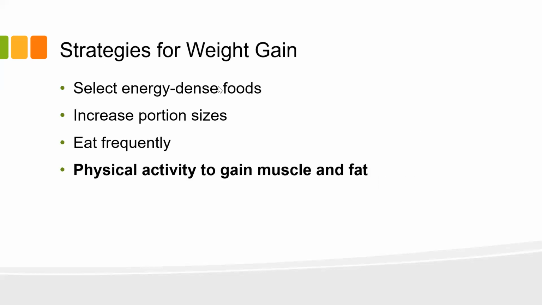Another thing to say about weight gain is that there are reasons for weight gain. Some people are underweight. Some people are malnourished. There's lots of reasons for weight gain. Some people are trying to gain weight. They're trying to gain muscle mass. And we'll talk a little bit about that. I think in the next unit, we're going to talk a bit more about physical activity and exercise and whatnot. And that's a big one, right?